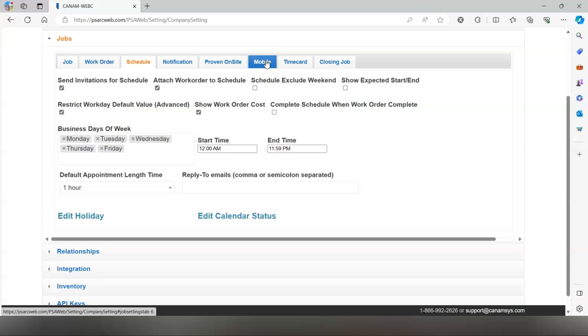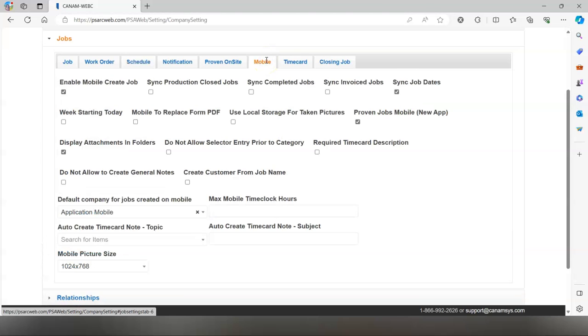And the last tab that we will review today is the Mobile tab. The item that you need to ensure is selected on here is the Do Not Allow Selector entry prior to category. If you are trying to keep your budget intact throughout the fruition of your job, and your team members are clocking into that job file, and you're not utilizing work orders specifically, in order to maintain your budget, this is another failsafe to ensure that your team members are clocking in to the correct category. If you select Do Not Allow Selector entry prior to category, it allows them to select the appropriate category and